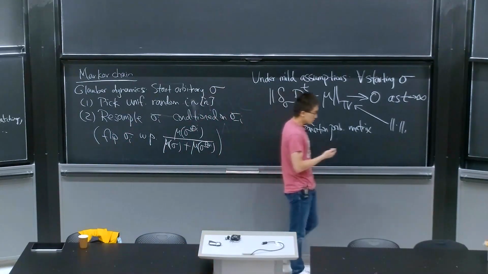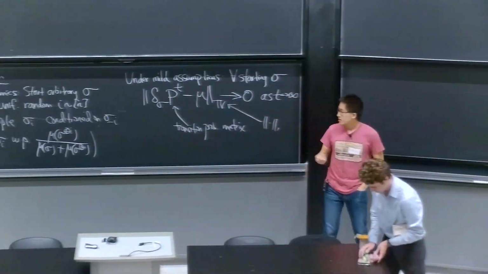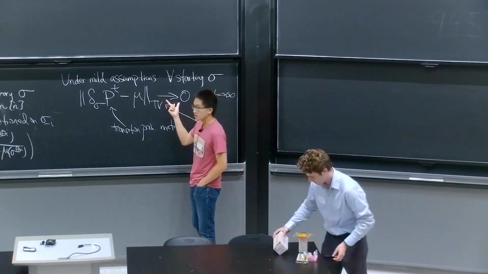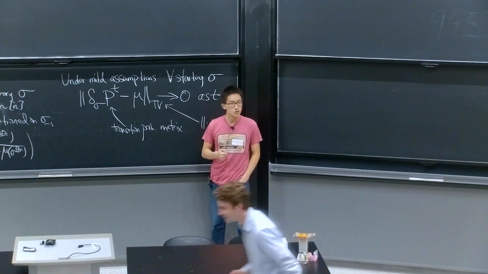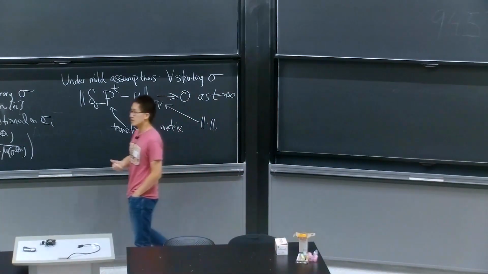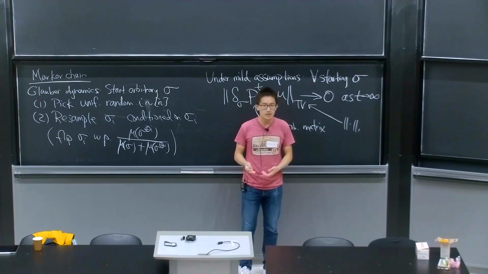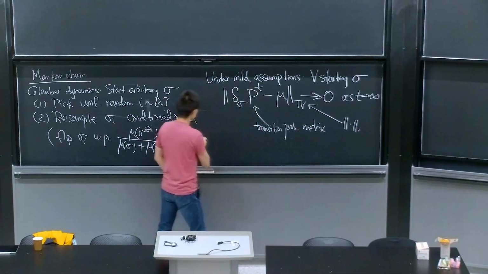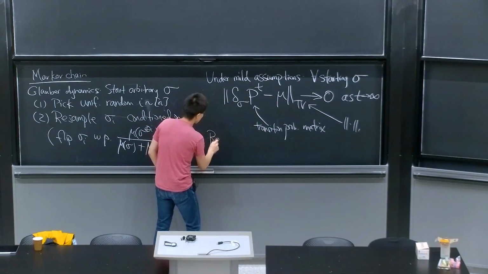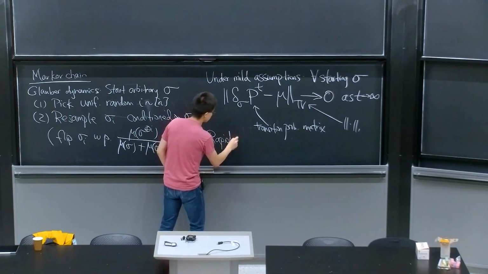But the key question here is that I want a quantitative bound on this rate of convergence, right? If I want efficient algorithms, I want this convergence. I want to be able to get to epsilon in time polynomial in n and log 1 over epsilon. Okay, so we'll say the Markov chain is rapid mixing